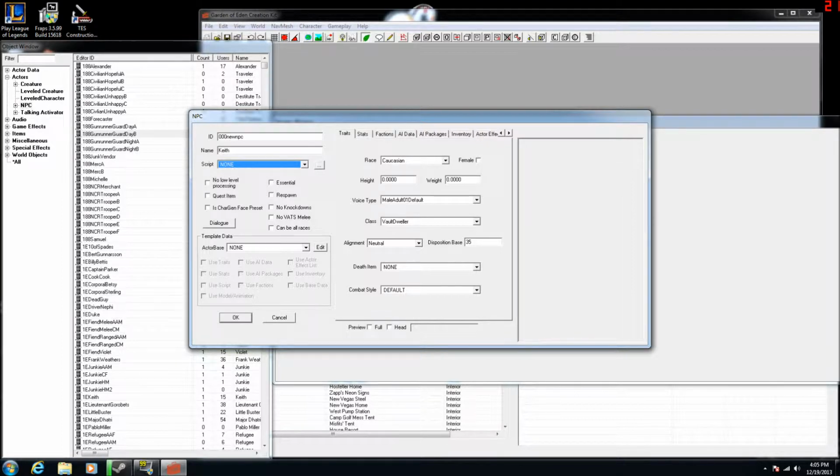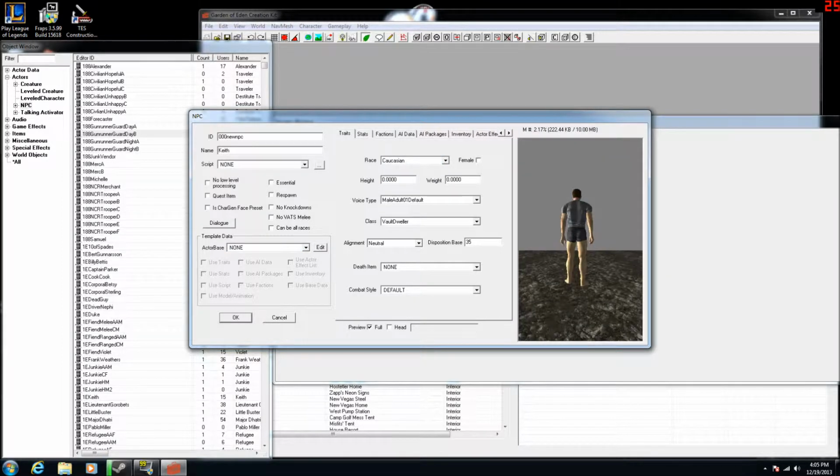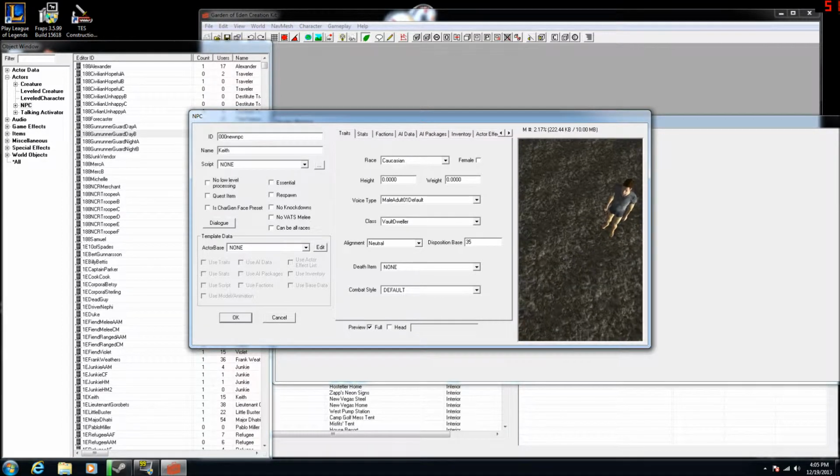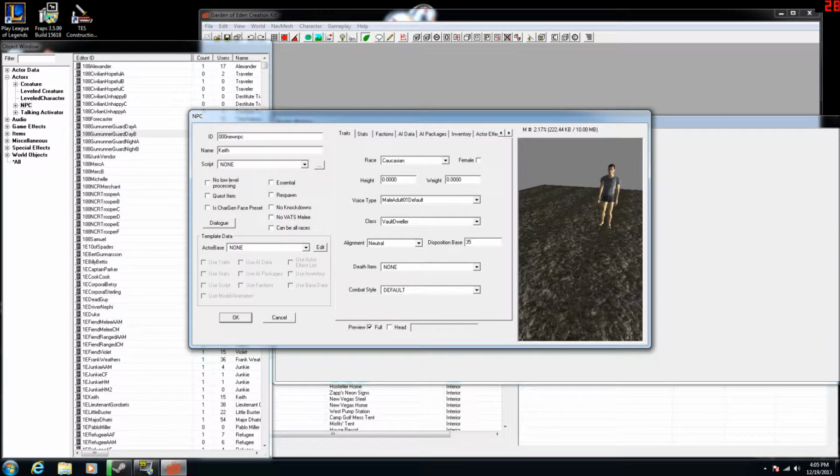Knockdowns: you can't throw a grenade at him and he falls to the floor. He can't do that. Quest item, he has something for quests. And don't do low level processing. Don't do that yet. You won't need actor base. Okay, if it's not already checked, go to preview. Full. That's what you should do first, and then you can choose female or male,